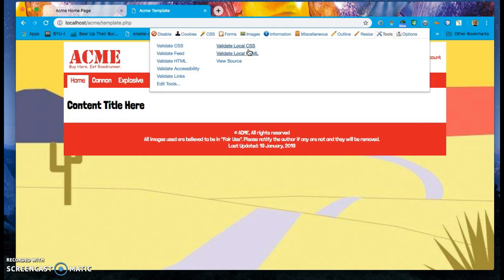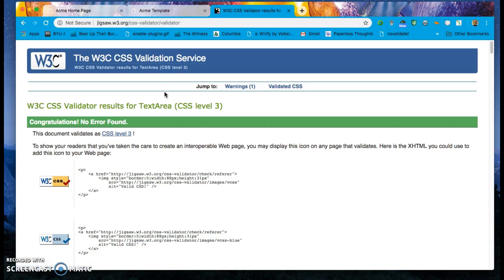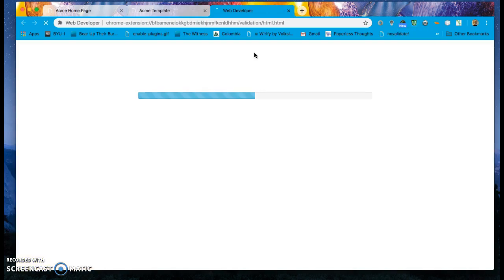And when I validate CSS, no errors. And validate HTML,